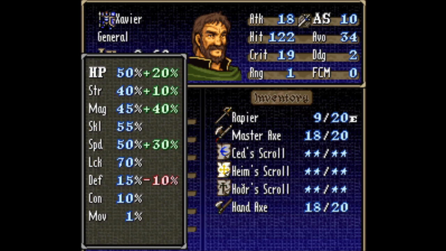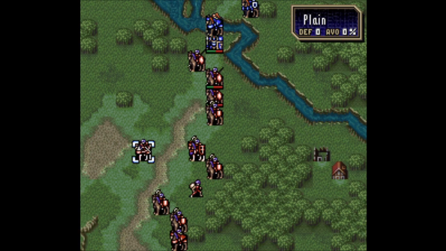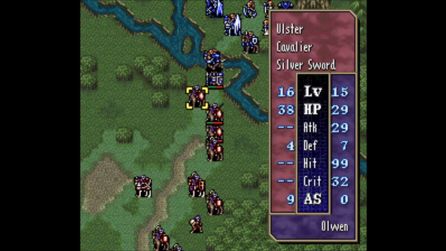Yeah. 80% speed. 85% magic. 50% strength. 70% HP. He does have more. I did give him the Hoar scroll. Yep. I love the fact that we gave him less defense. I actually don't want him to grow even a single point of defense. It sounds counterintuitive because there are still enemies, as I showed, that can damage him. But it's really about the fact that...